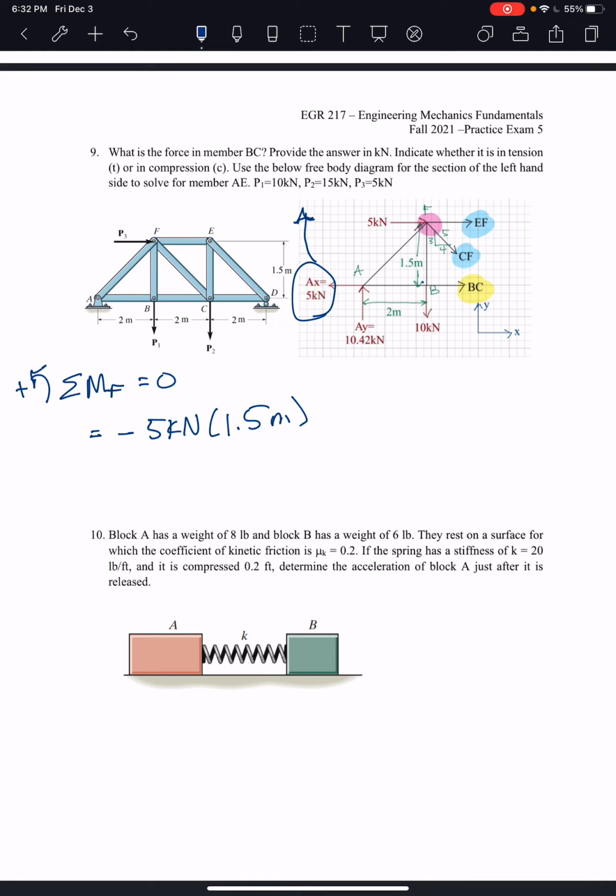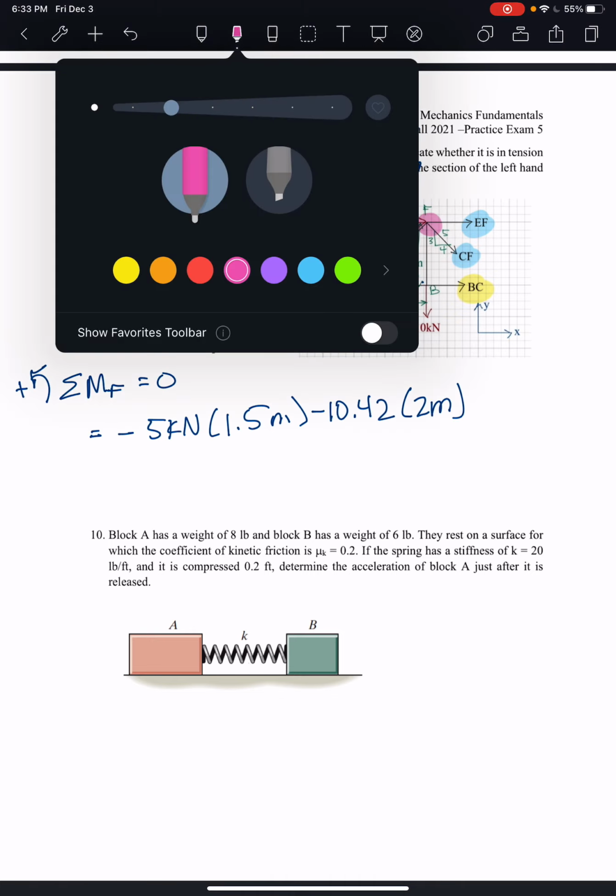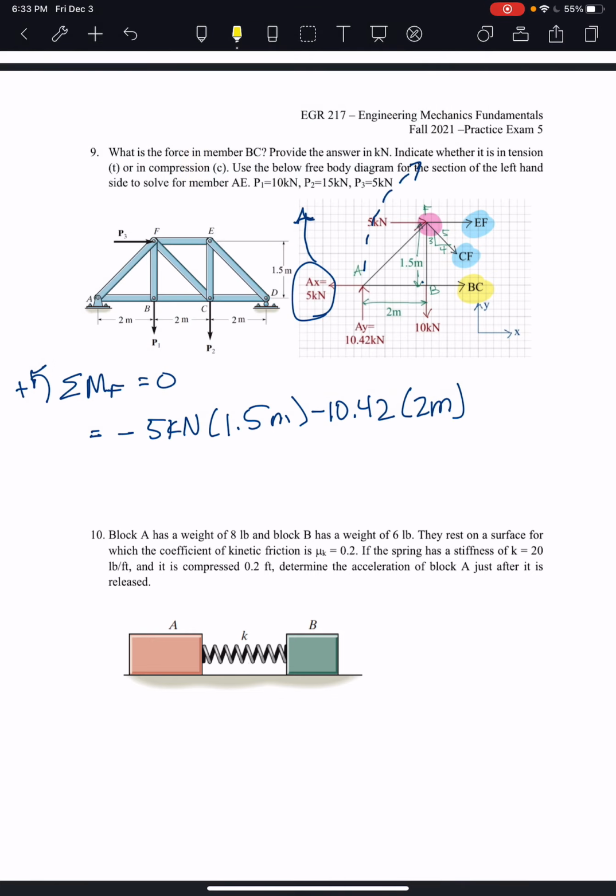And then that AY is also going to create a moment, so that goes up in this direction, which is also in the negative. So negative 10.42 kilonewtons, and then this perpendicular distance is 2 meters. You see, so this force times that distance. And then, so we've got,